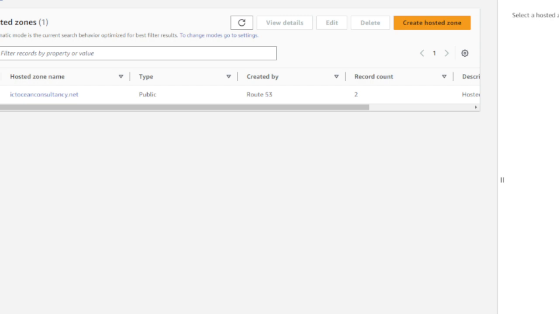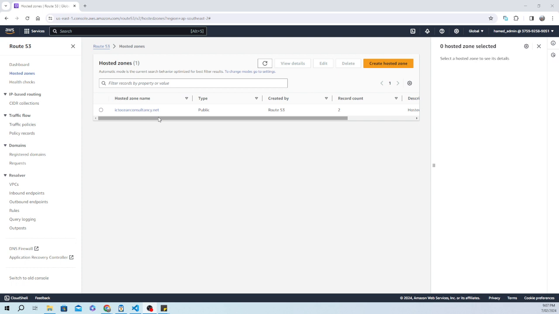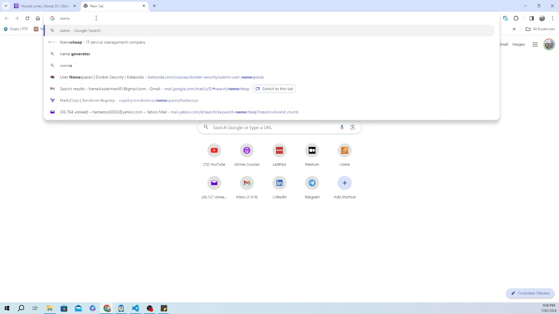But AWS itself is actually selling these domains, and it could be a bit expensive for some people, but I'm pretty sure you can buy something even with 5, 6, or $10 from AWS as well. This one is .net. I think that I bought it for a couple of dollars. I'm pretty sure it wasn't a $1 thing, but here, if you go to Namecheap, you can see that,